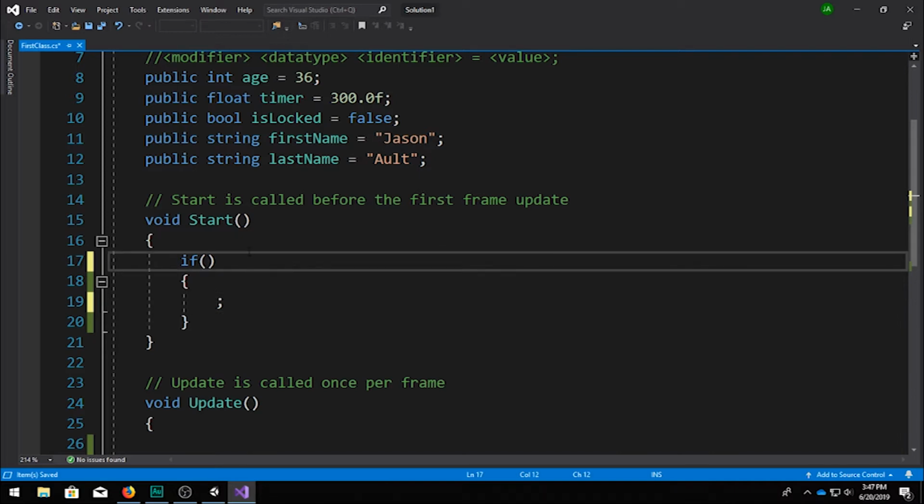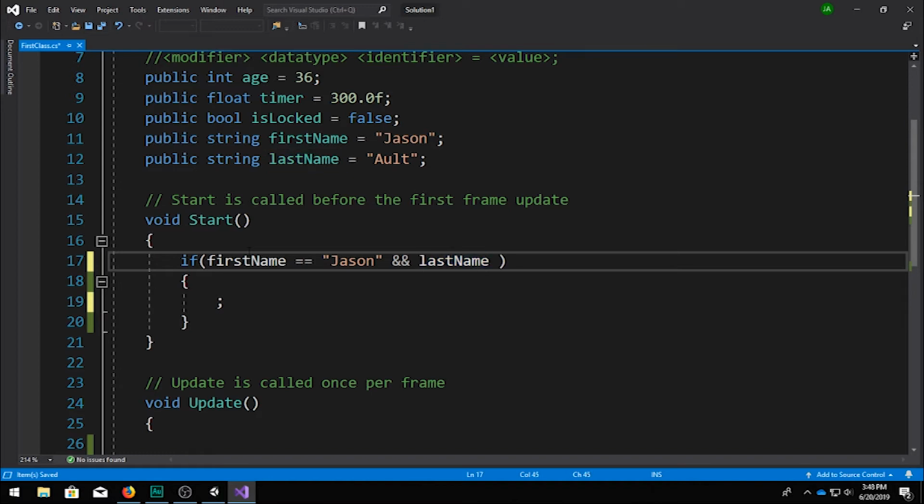So here, if I want to check two things in the same if statement, I can say if first name equals Jason. Now, if I want to check another one, I can do and. So here, if I do and, that's kind of like the equal sign. So we use two of them to check both for that. So if the first name is Jason and our